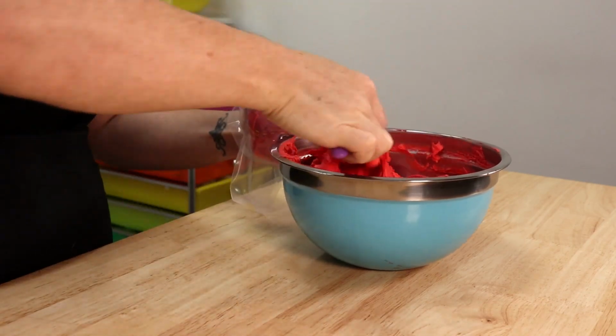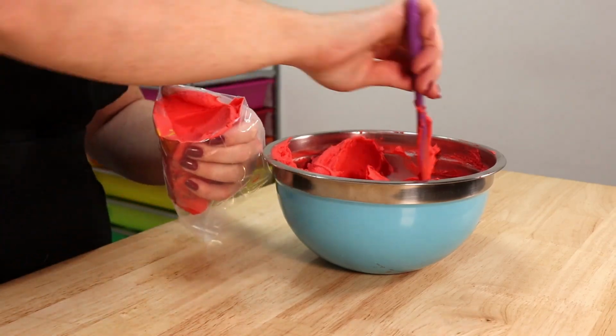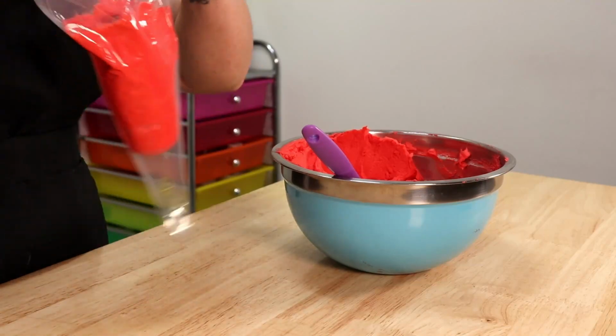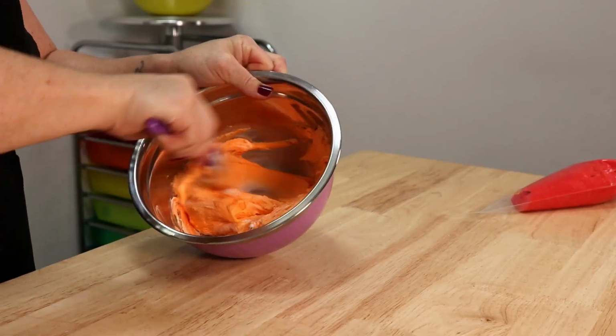Now, once everything is all blended and we've reached the shade that we want, we're going to take our buttercream and put it into a piping bag, mainly for ease of use, but it's also going to help keep our work area nice and clean, and it also gives us a way to store any leftover buttercream when we're done. So we're just going to set that off to the side, and the next color I'm going to mix up